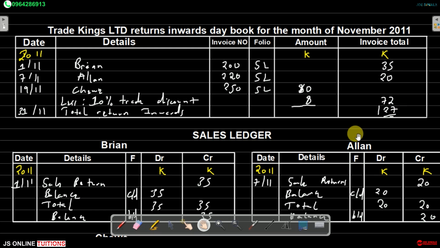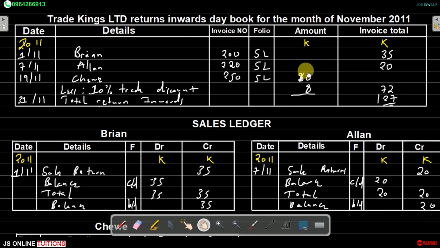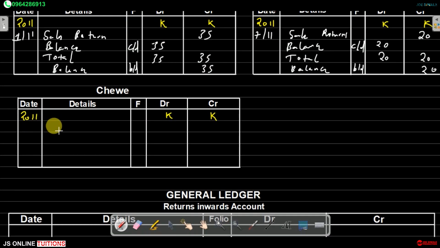So we're going to record 72 in the account for Chewe. The date there, we know, is 19th of November. So say sales returns,